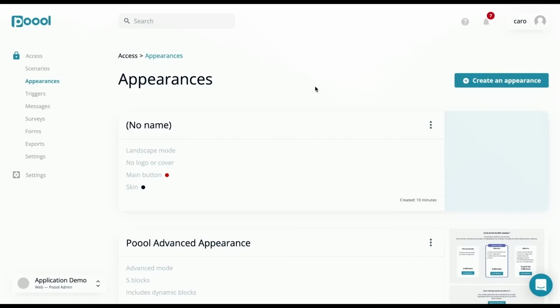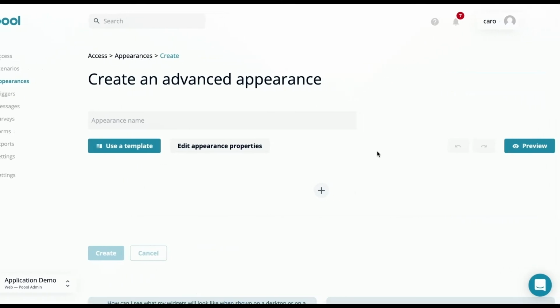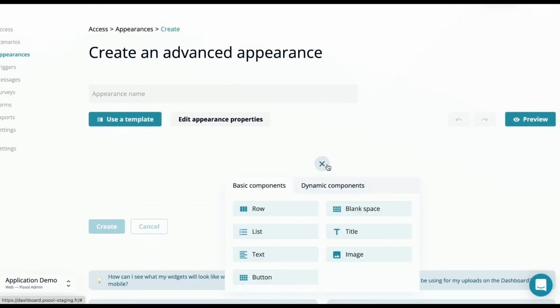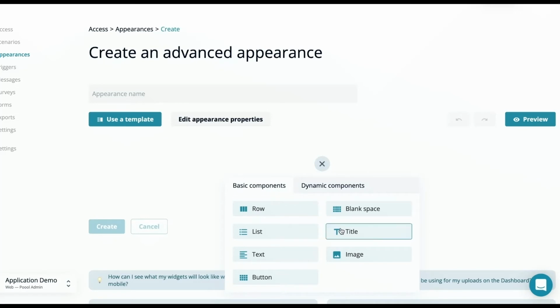Only available to clients in the Enterprise plan, our new no-code design builder gives your wall yet more potential and provides your marketing team with complete autonomy. With advanced appearance, you can build your walls brick by brick, moving the basic and dynamic components into your wall